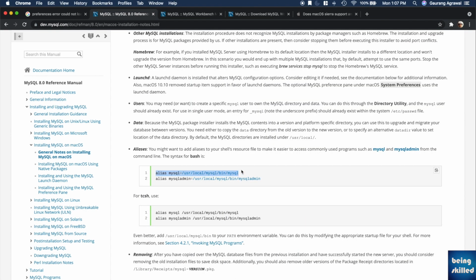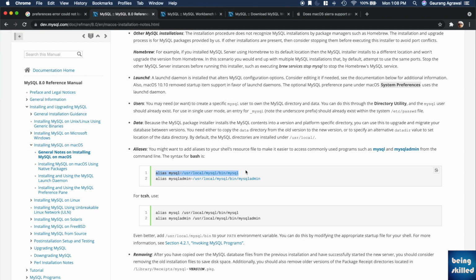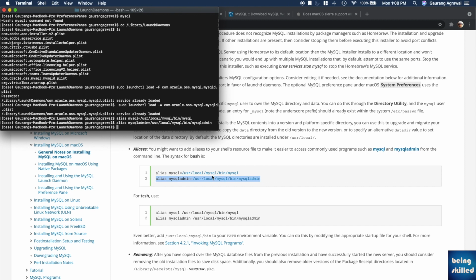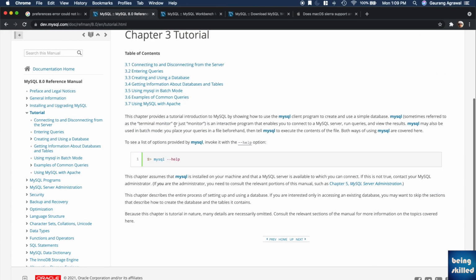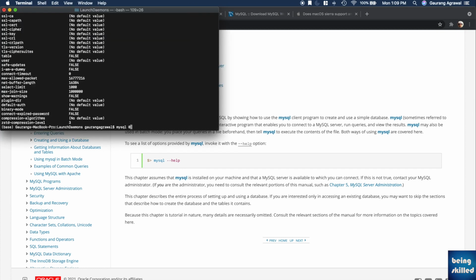Now setting up the alias for the command MySQL, just copy paste these two lines and you will be through. Now the MySQL command will work because now it knows what file it is pointing to. So here it says access denied for user. So what we will do now is we will try to read the documentation again. In this case, we'll be going to the tutorial section and learning how to use different kinds